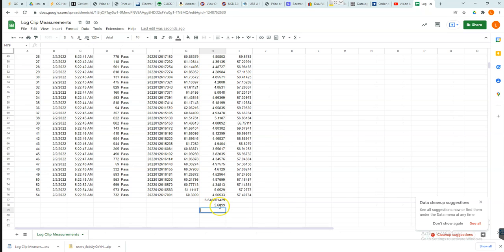Let's actually just copy this. And we can see that we have a pretty large difference between these two, and it's probably because of the way it was finding edges. And standard deviation is really